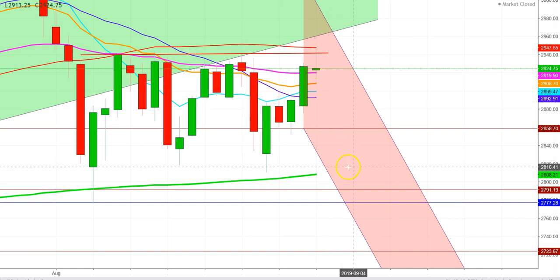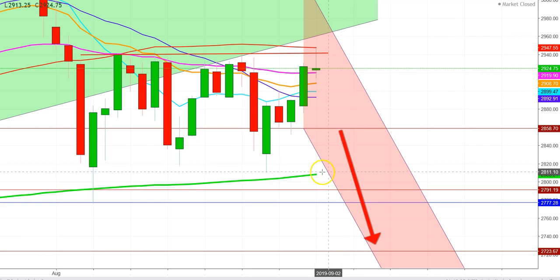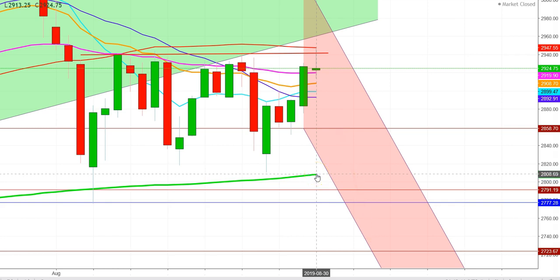Therefore, I find that if China and the US do not come up with a solid proposal to make a final deal, we'll see the S&P 500 futures break the strong support level of the 200 days moving average, which is currently at the level of 2808. If the S&P 500 futures break this strong support level, we see S&P 500 futures take a sharp, steep downward move during the upcoming weeks.